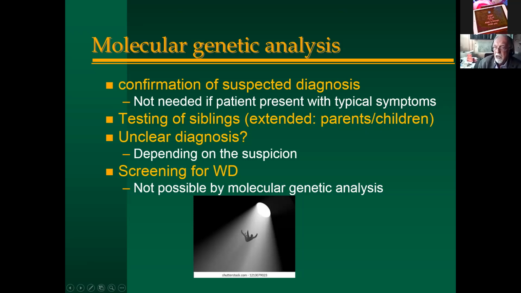If there is a patient with low ceruloplasmin, but otherwise normal, you may want to see if the patient has a mutation. I'm not so sure this will help you much, but anyway, you can do it. But it is not a screening test for Wilson's disease. That's what I get all the time in my lab. I don't do it anymore. You cannot screen a healthy person for Wilson's disease because you cannot even make a clear statement what it means.